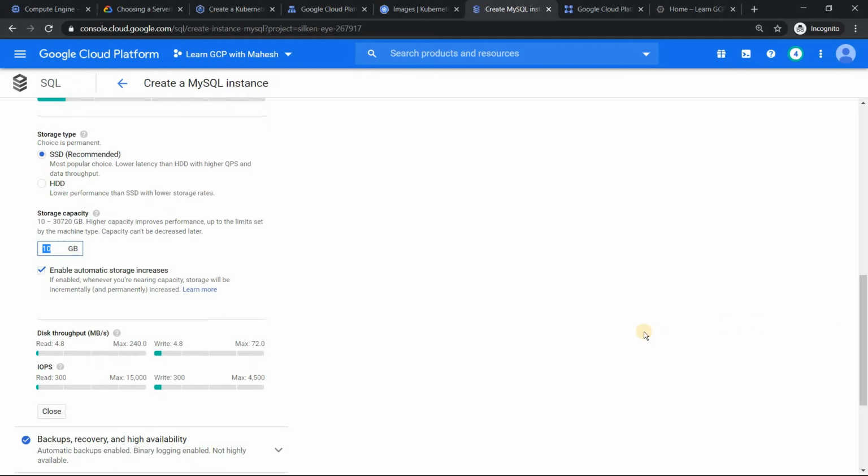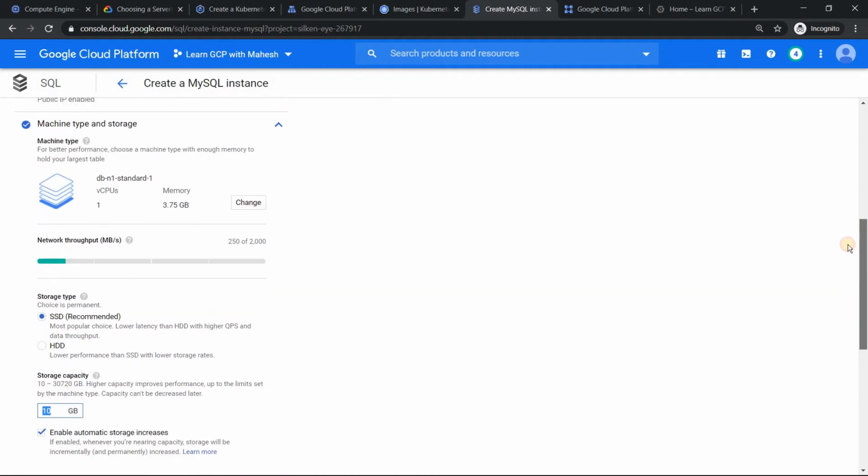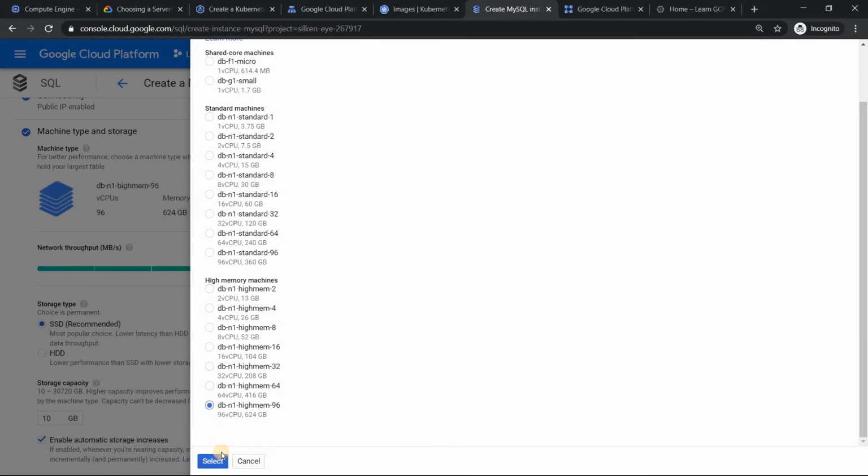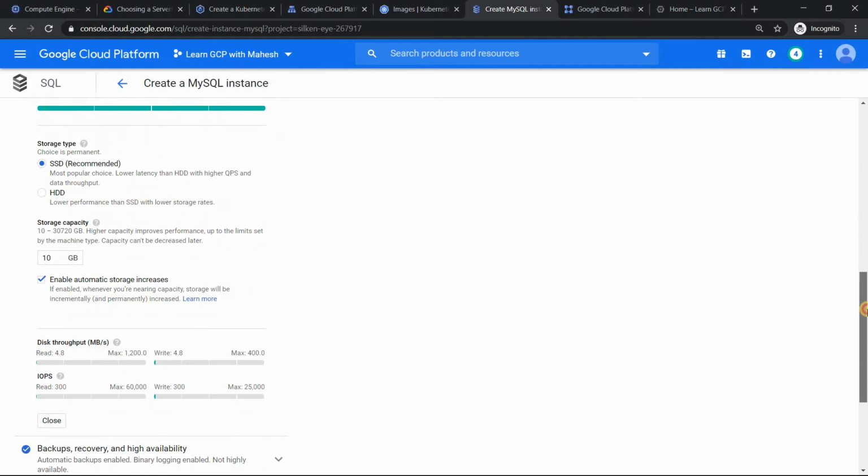So I just wanted to show you the screen here. We had seen in our previous step the enable automatic storage increase. Now, adding to that, if I make this Cloud SQL instance very powerful, 96 vCPU, 624 GB of RAM, the most powerful one, even if you have a powerful Cloud SQL instance configuration, the data volume which you can use is only 30 terabytes. It cannot be beyond 30 terabytes.